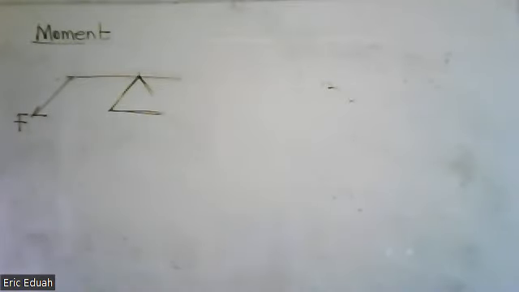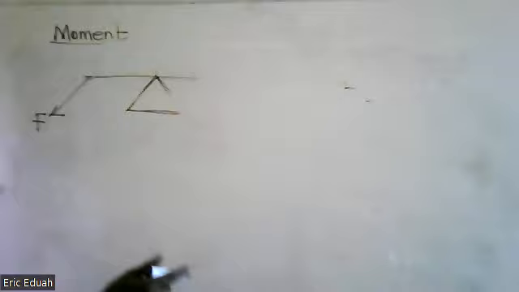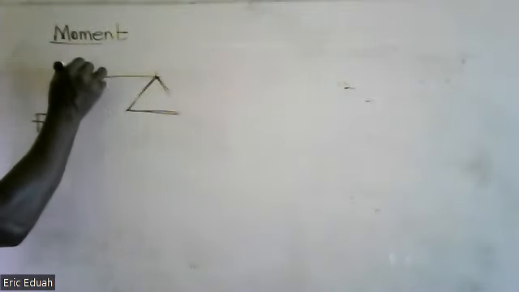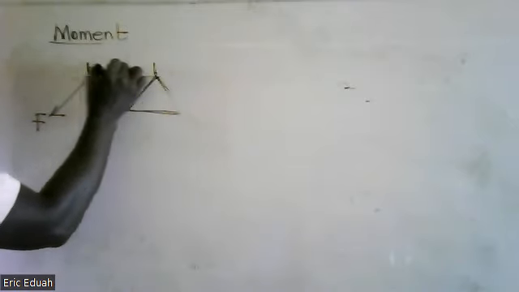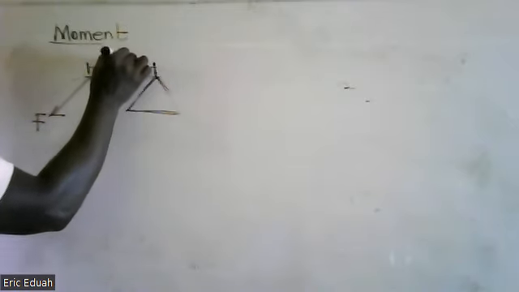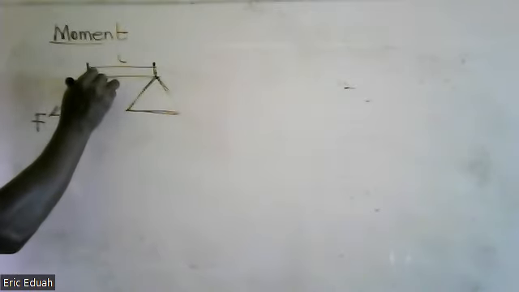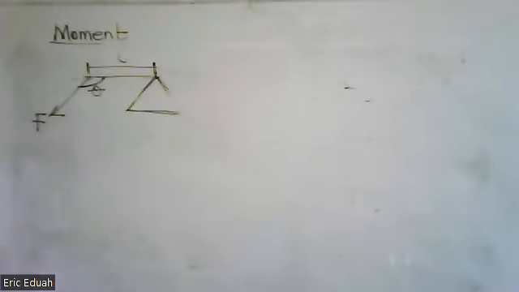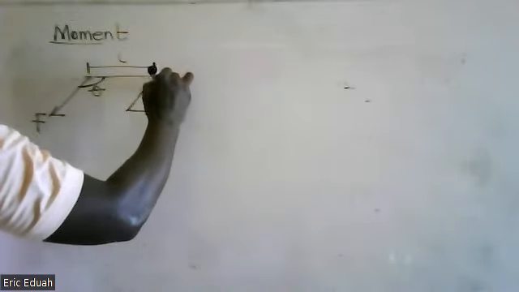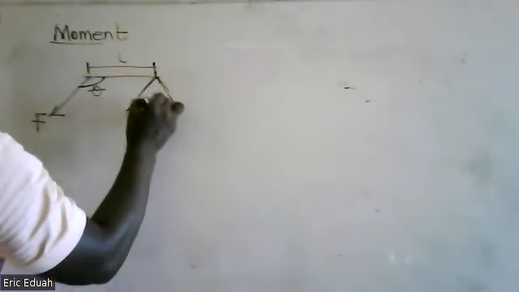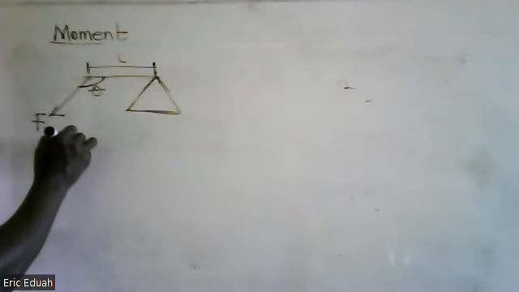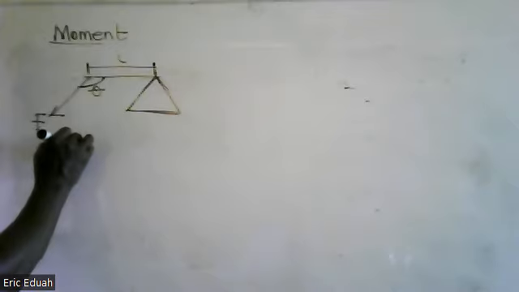I have this force F acting at an angle theta to this distance from the pivot. The distance from the pivot is L, but the force F acts at an angle theta degree to the distance from the pivot. You know, to determine moment or torque,